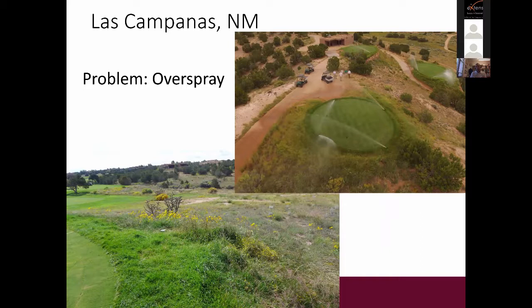So here is one example that we've been working with for 2.5 years, a golf course in New Mexico, Las Campanas, which is up north in the Santa Fe area. They've had issues that their sprinklers just irrigated too much turf, or too large of an area. So they started growing desert in an area where they didn't want it, which caused maintenance issues and budget issues. And they came to us and asked us if we were interested in